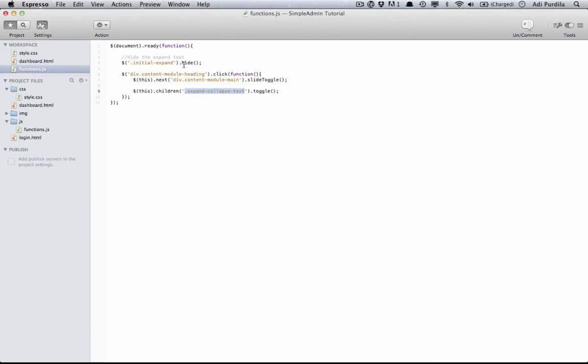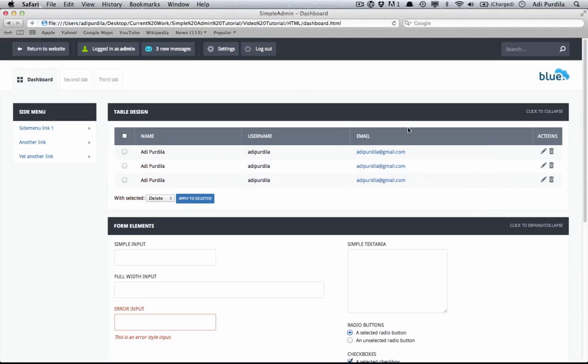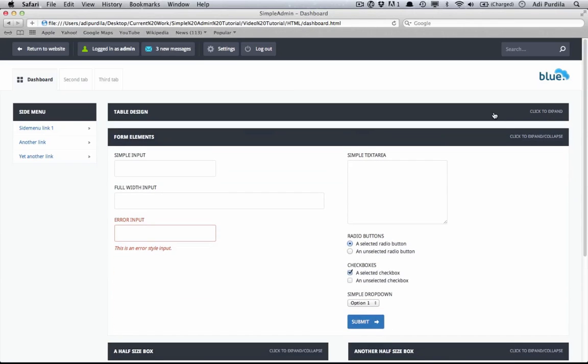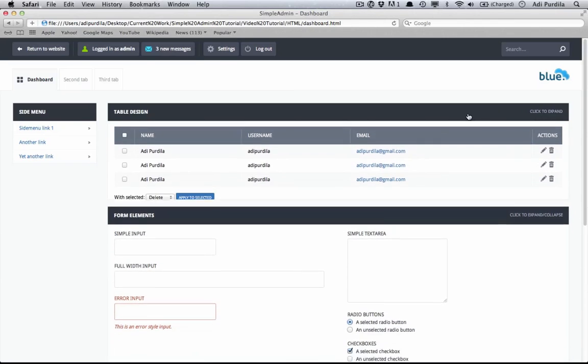But since we hid the first one, by doing toggle on it, it will show it, and by doing toggle on the visible one, it will hide it. So basically, we're just swapping the two spans. So now, click to expand, click to collapse,